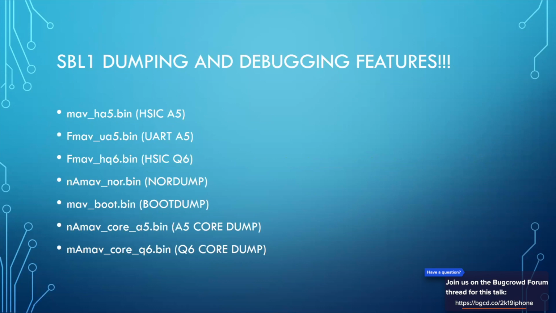Then this was like a gold mine to me. I found that a special debugging mode via streaming DLOAD allows you to dump certain memory regions via USB, via serial command line. So you can dump the high-speed USB interface buffers. You can dump the UART buffers, the NAR. You can even dump boot ROM and some other core memory files, which is pretty useful.